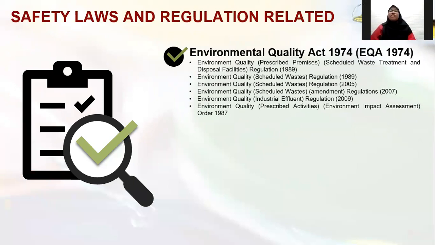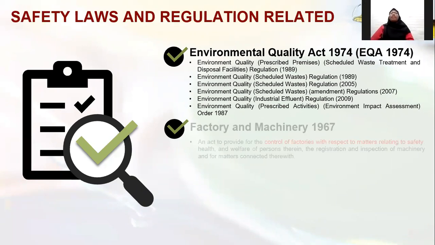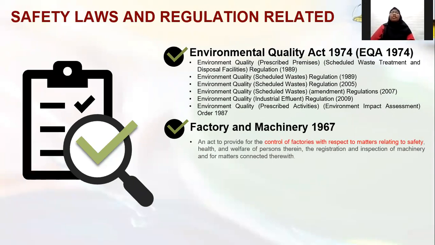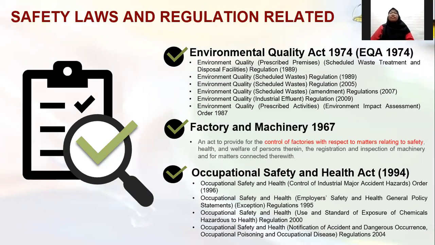For the safety laws and regulations related, there are 3 laws. The first law is the Environmental Quality Act 1974. There are 6 regulations under EQA 1974, where further explanation about EQA 1974 will be given in the waste slide. The second law is the Factory and Machinery Act 1967, and last but not least is the Occupational Safety and Health Act. There are 4 regulations under OSHA 1994, and we have applied all 4 regulations under OSHA, which are